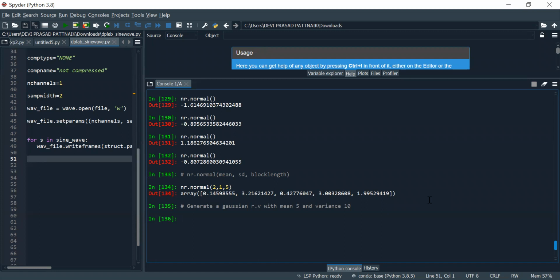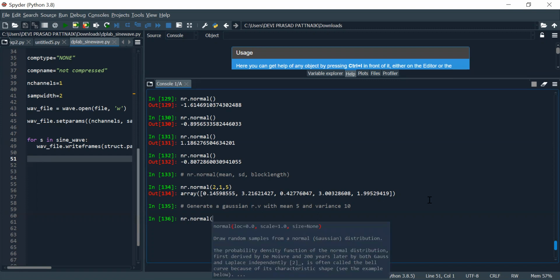What will we do? Will anyone say? We will write nr.normal, mean is how much? 5. Variance is 10. But in the formula we have to write the standard deviation, right?